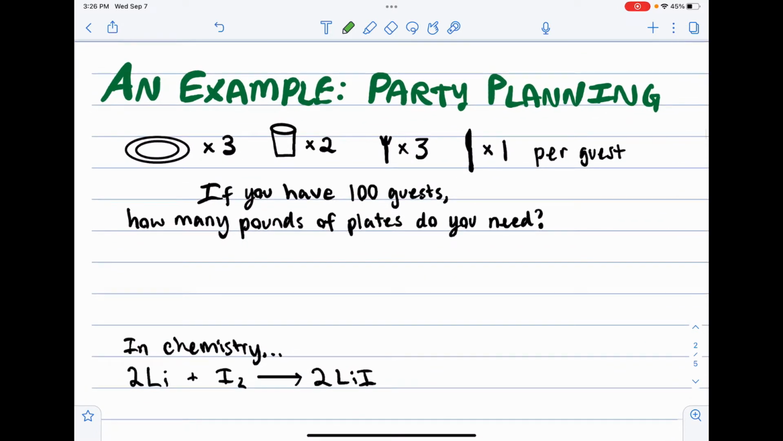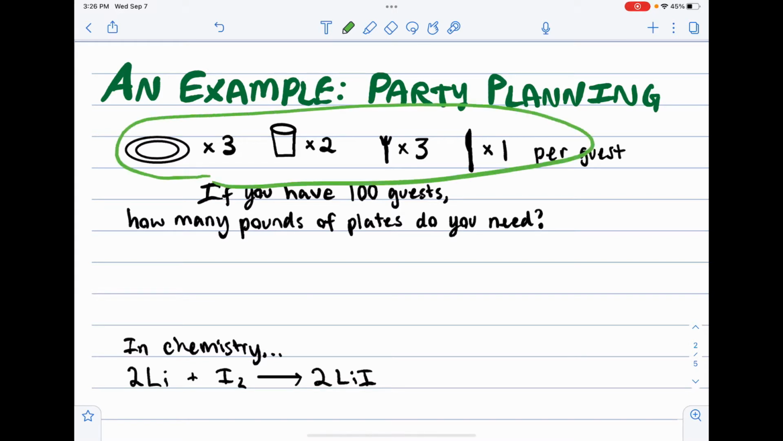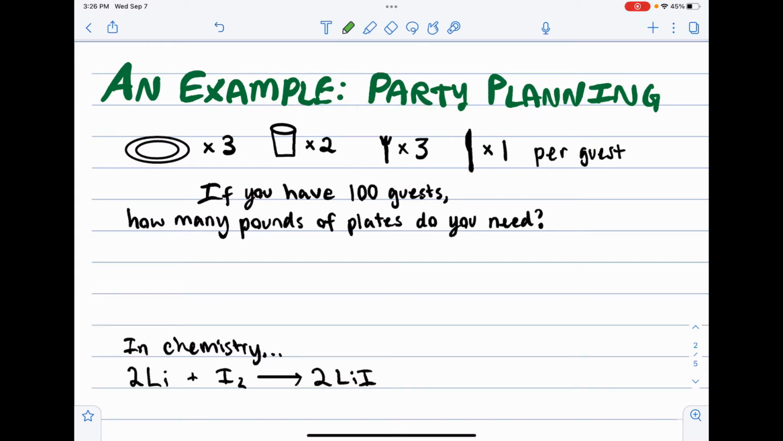Or does it? So this example is about party planning. Let's say that you are hosting a graduation party. Fast forward, you got your diploma, no more chemistry class for you, and you are inviting 100 guests over to admire your diploma. And you have to set place settings for all of them, and you have the requirements that are here. Well, now what if I ask you, how many pounds of plates do you need for these 100